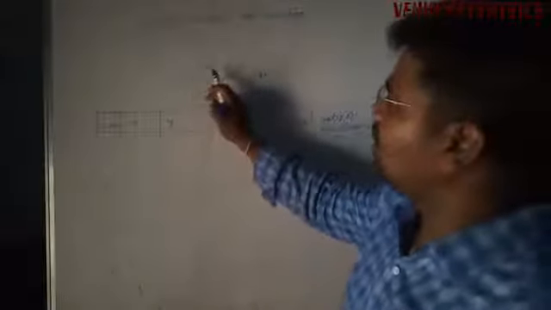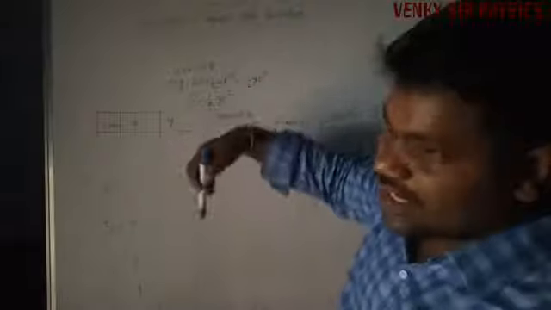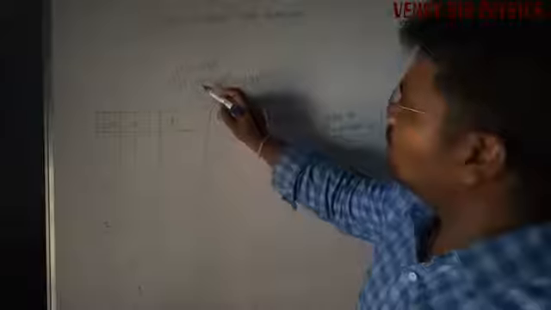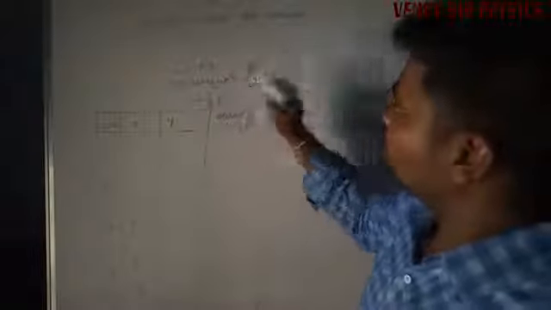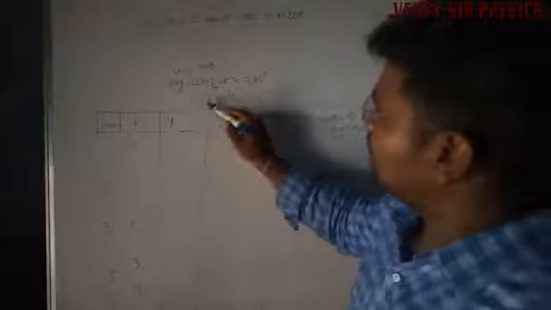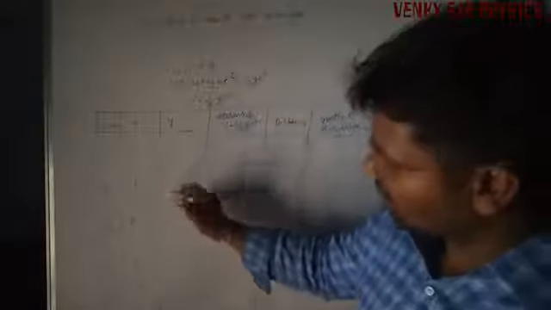See here, consider a freely falling body. Initial velocity is 0. Acceleration is equal to acceleration due to gravity. The vertical direction we denote as the y axis. y is equal to ut plus 1/2 at square. u is equal to 0, so ut is 0. Finally we get y is equal to 1/2 gt square. Serial numbers 1, 2, 3, 4, 5. Time is 0 second, 1 second, 2 second, 3 second, 4 second.